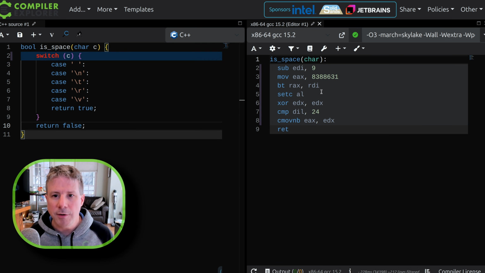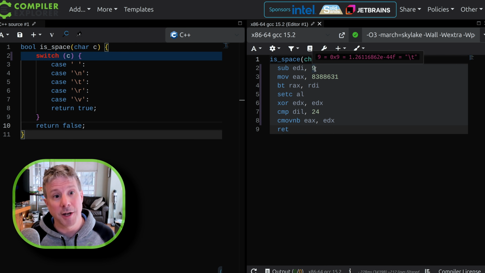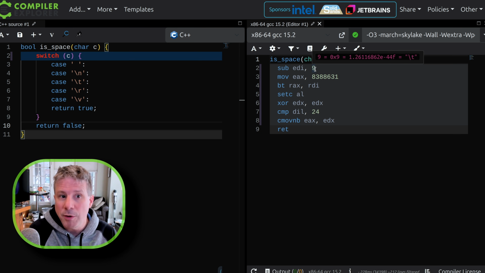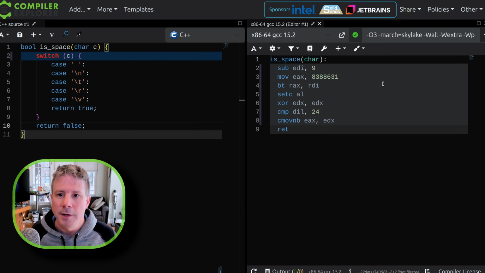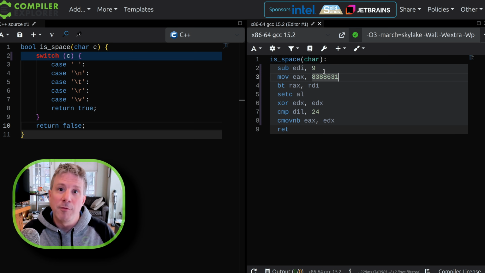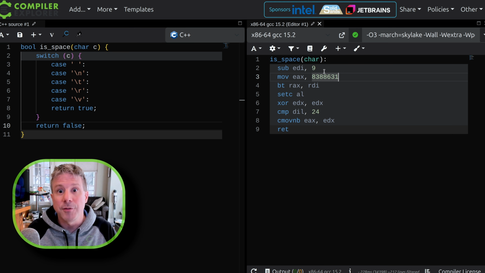And what we can see here is that GCC takes the input value, subtracts 9 from it. 9 happens to be the lowest value of all these ASCII values of space and tab and whatever. 9 is in fact tab. So we subtract 9 from it. Now we've got a value that's either negative, or very, very, very high, because it's wrapped around, or it's between the values 0 and